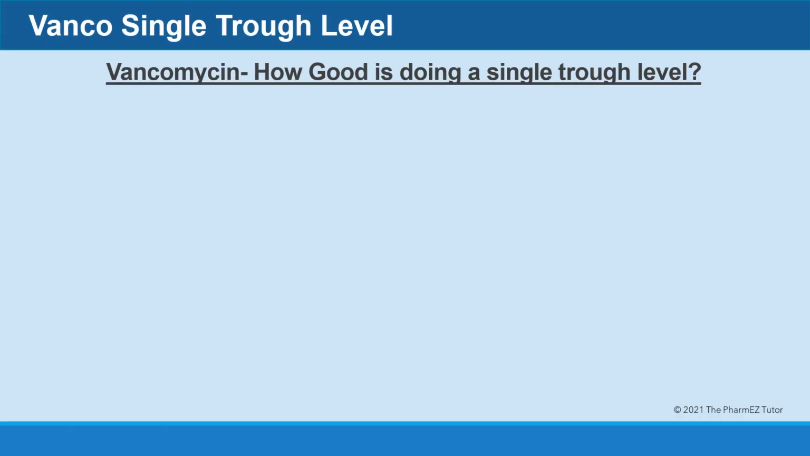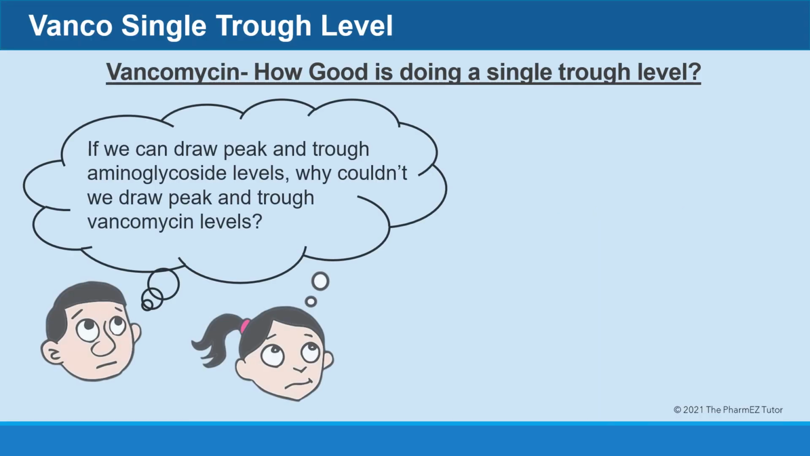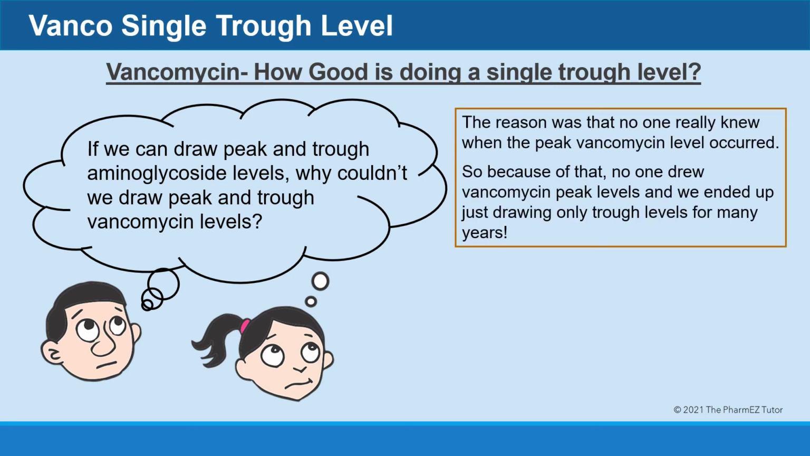How good is doing a single trough level for vancomycin? If we can draw peak and trough aminoglycoside levels, why couldn't we draw peak and trough vancomycin levels? The reason was that no one really knew when the peak vancomycin level occurred. So because of that, no one drew vancomycin peak levels, and we ended up just drawing only trough levels for